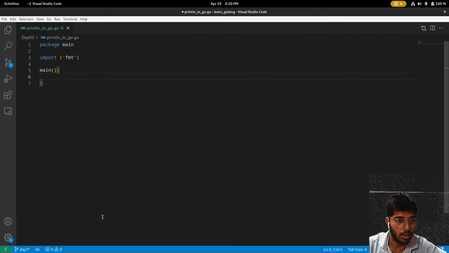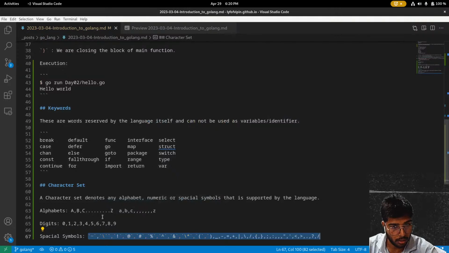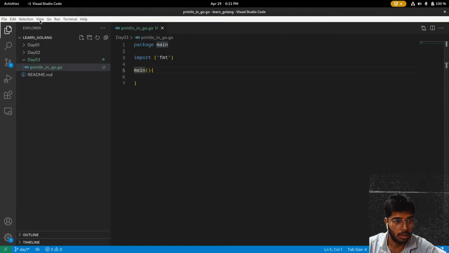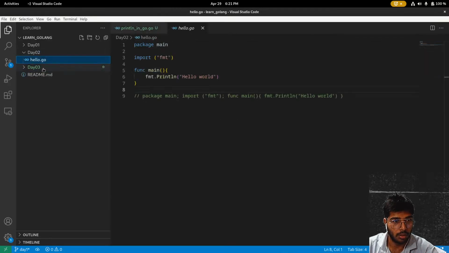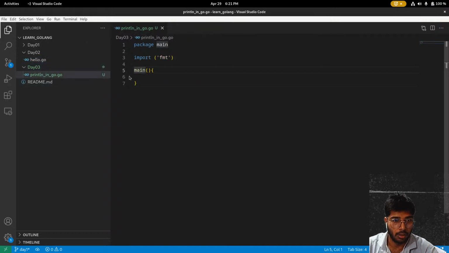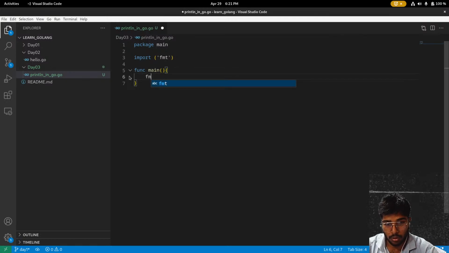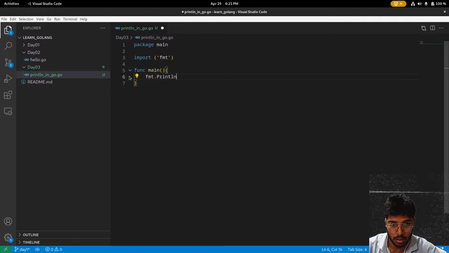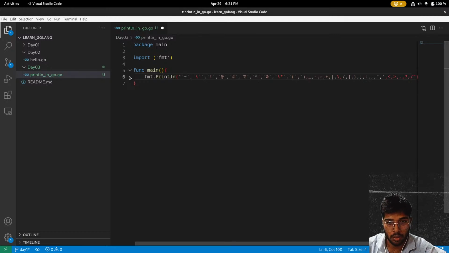I am pretty much sure I have to write something. Void. Do we have a void keyword in here? Okay, what is it? Func, actually, function. And fmt dot println. I just need to remove this because